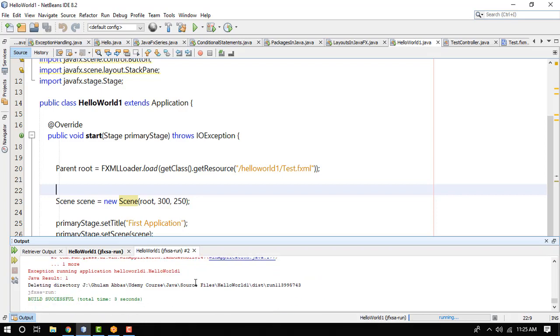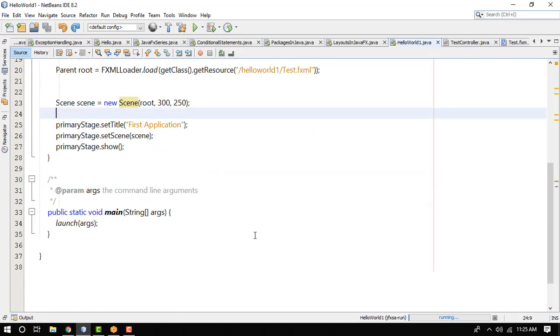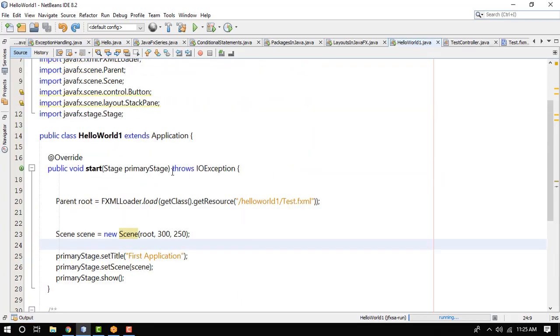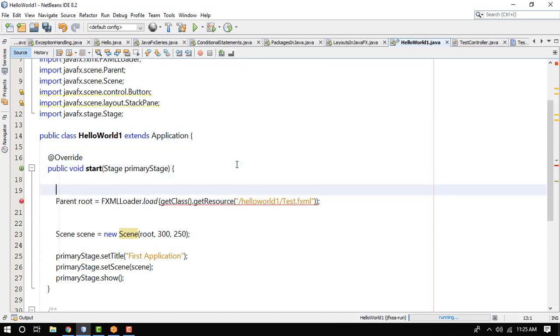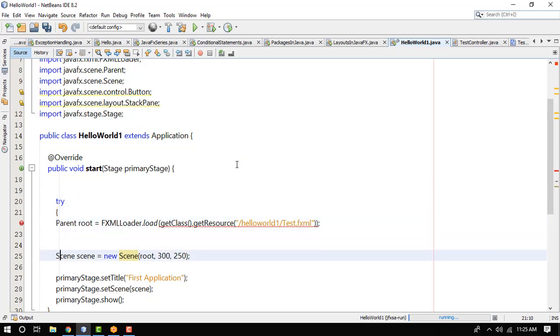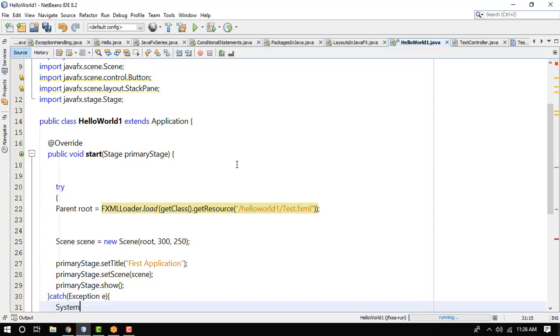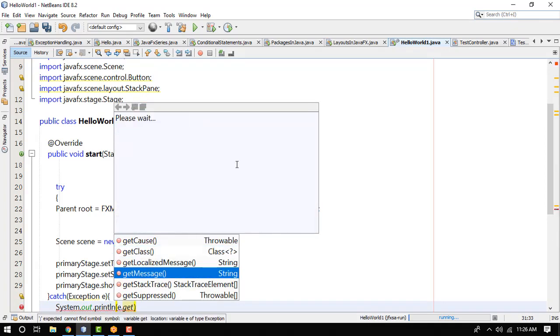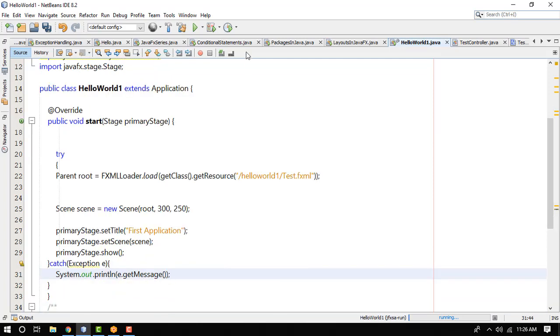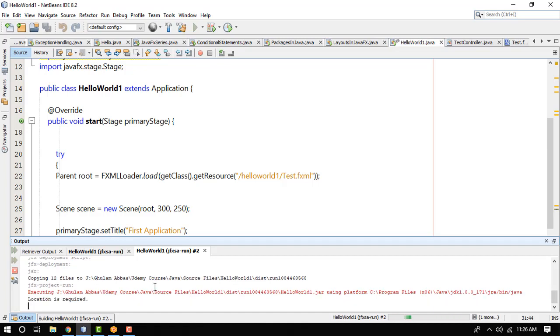Okay, so now what I do, I just write my own try catch block to find the exception, that which type of exception I get from here. So I just type here try, and after that I type here catch Exception e, and here I type System.out.println. I type here e dot getMessage. Okay, so now if I run my program, you will see exception